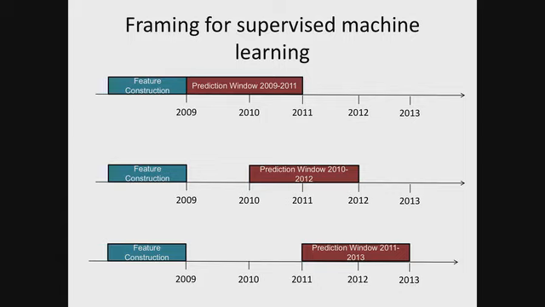will the patient newly develop type 2 diabetes in that prediction window? So for example, for this prediction task, we're going to exclude patients who have developed type 2 diabetes between 2009 and 2011, and we're only going to count as positives patients who get newly diagnosed with type 2 diabetes between 2011 and 2013. One of the reasons why you might want to include a gap in the model is because often there's label leakage. If you look at the very top setup,